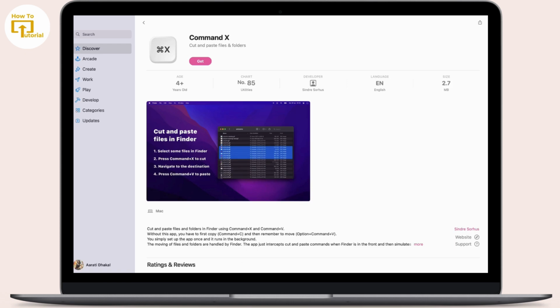Now, the third one is the Command X app. The Command X app enhances the file management capabilities on macOS by enabling a true cut and paste functionality using Command plus X and Command plus V shortcuts. The app allows users to cut and paste files and folders directly in the Finder, similar to how it works